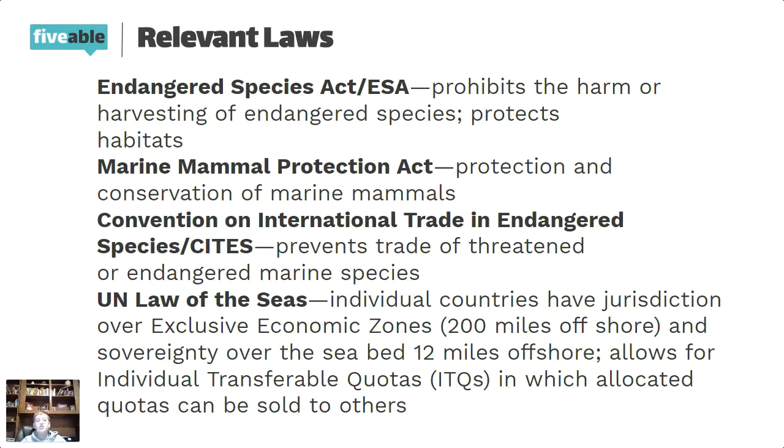This allows for individual transferable quotas, which are allocated quotas that can be sold to others. So what that means is that places like Hong Kong, which is not really controlled by China, but is also not really an independent state, anything that's the sovereignty of Hong Kong can basically just be sold. It can be transferred to other people. If you think about it, you can take some of these countries that don't have strict laws, and you can basically sell the rights to anything that you want to sell.